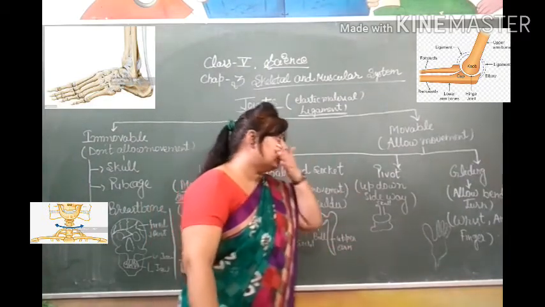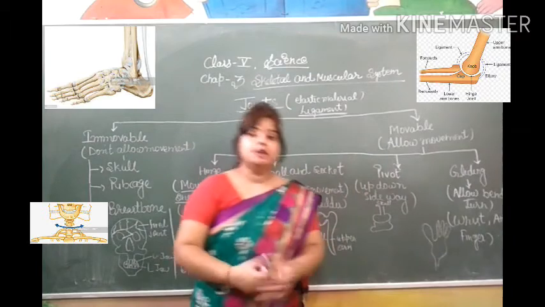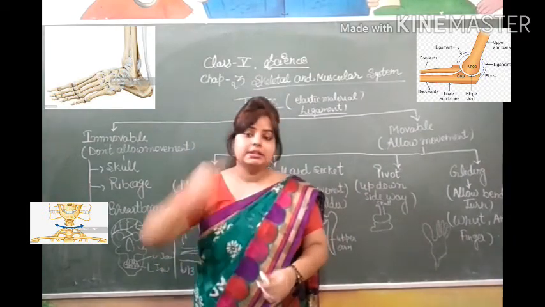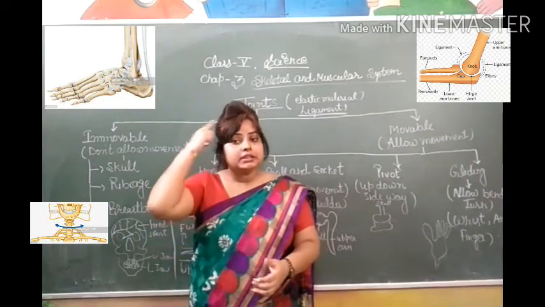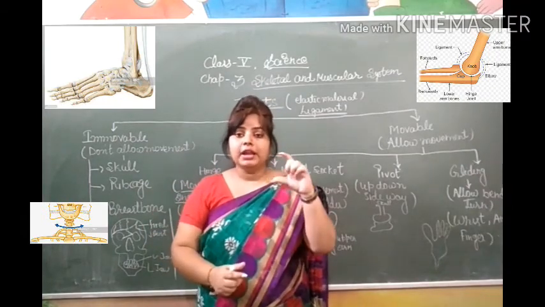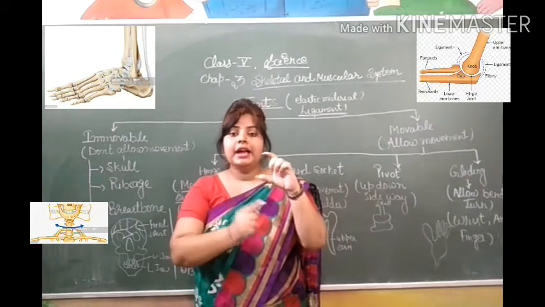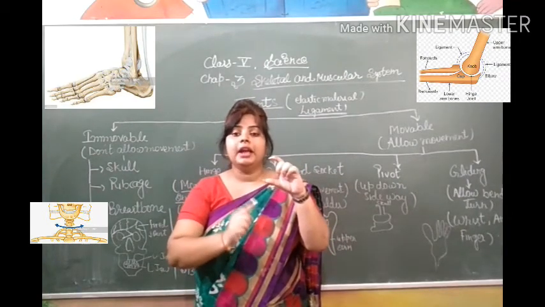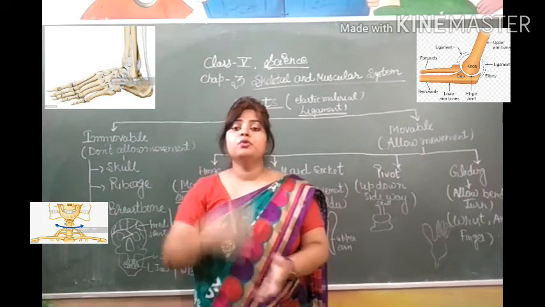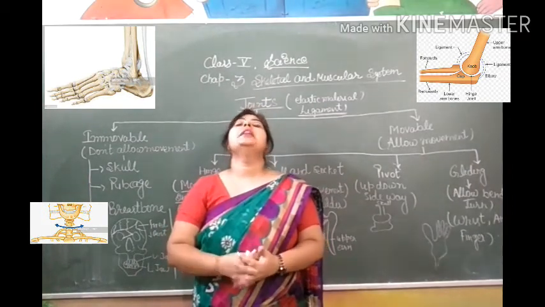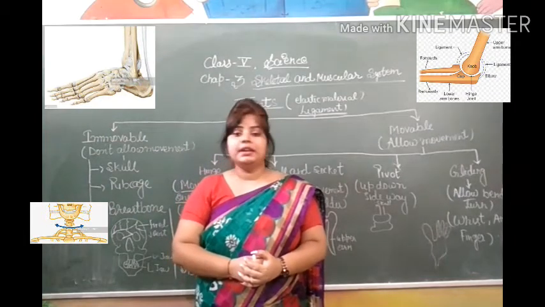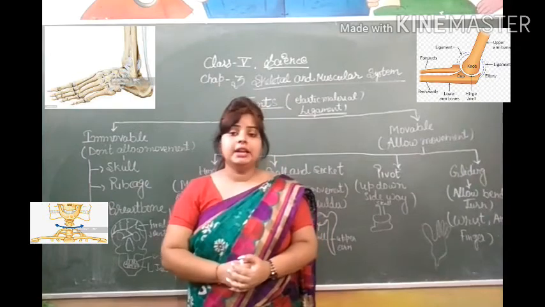Next one is the pivot joint. The pivot joint is present in our back side. It joins the skull portion with your backbone. It is a rod-like structure attached with a ring-like end. This joint allows movement in the upside direction and downside direction, left side direction and right side direction.